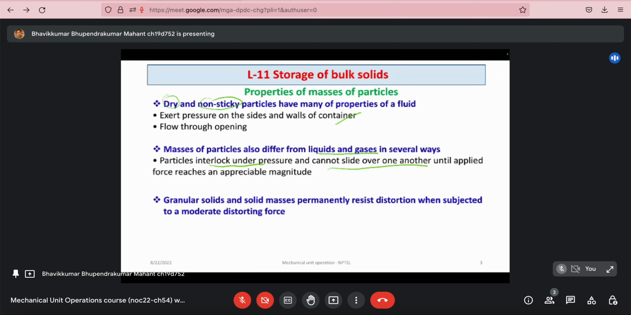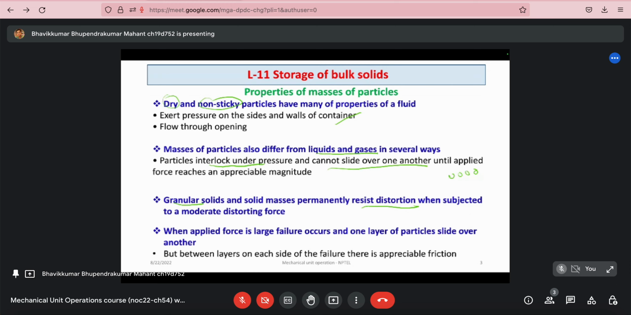So, if you are talking about granular solids, which have a granular form or some different kind of shape, which have solid masses with shape, they permanently resist distortion. Distortion, you can say, is about the stress or some force you applied, a moderate distorting force. It cannot sustain a large amount of force, but for a moderate amount of force it can permanently resist that